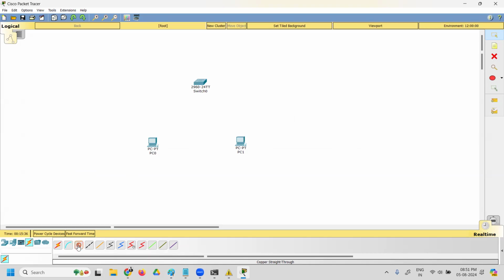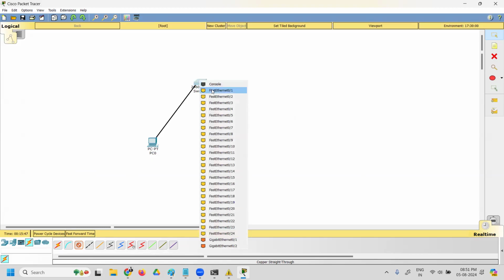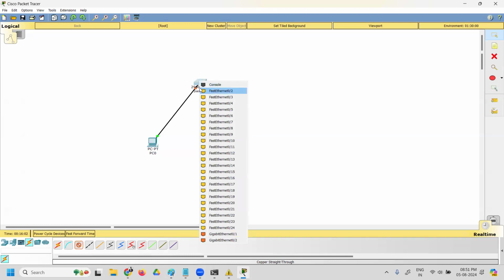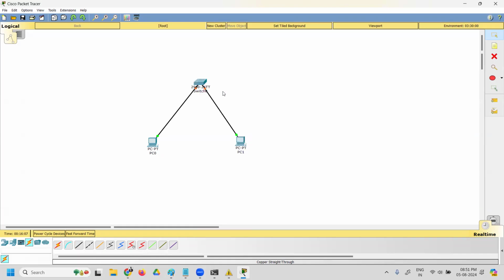I select this cable, click on this computer, and choose FastEthernet. Then drag it to the switch, and see this switch is a 24 port switch, so you can connect to any port. I'll connect to the first port. Again, choose this cable, click on this computer, choose FastEthernet, and then go to the switch. The first port is gone since it is occupied, so we'll connect to the second port.